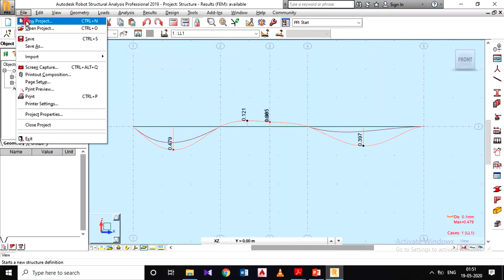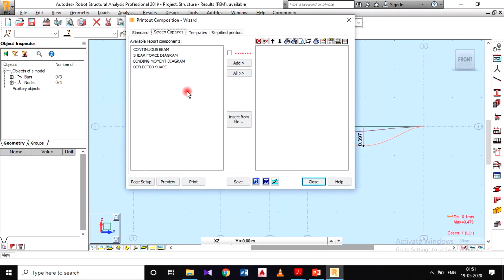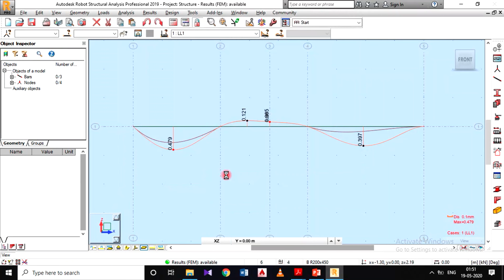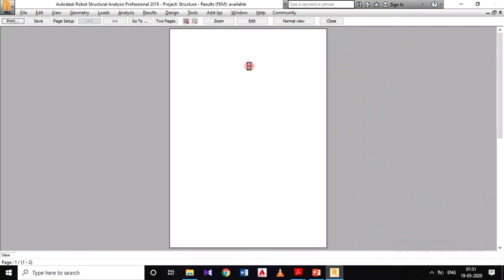Press OK. Now click on the printout composition. Here we are having a screen captures, so we need to take these printouts. So click on all. So now all these things will come to this page. If I go for the preview, we will get the A4 sheet file.